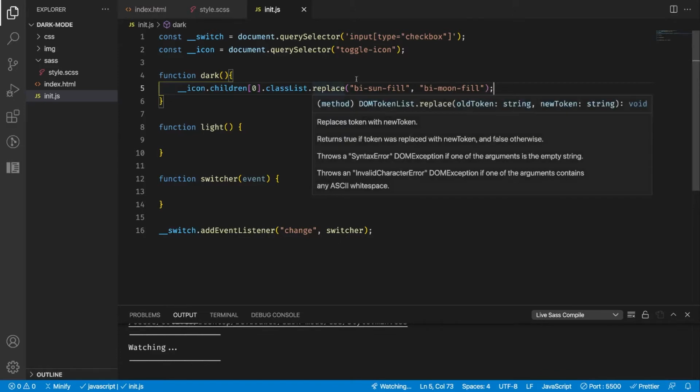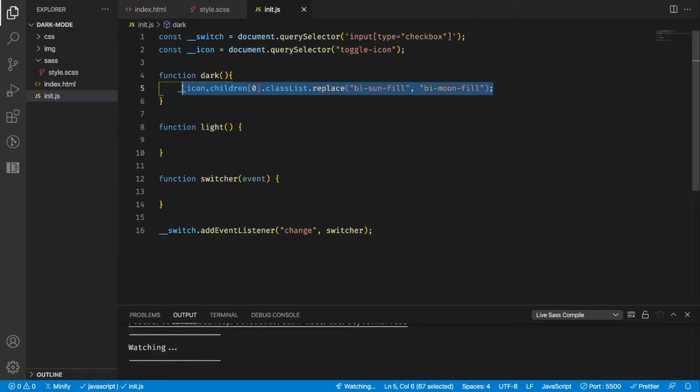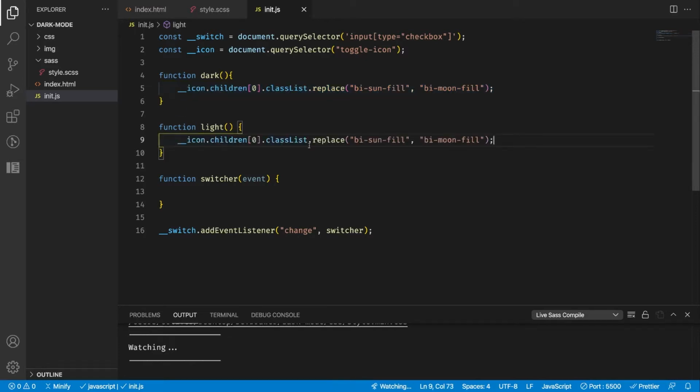And that's all we need to do on this one. So let's copy this, and we're going to go down and paste that, and we're going to make it where when it's a light, it's going to change it from the moon to the sun. Okay, so in order to call this dark or this light function, in order to make it work, we need